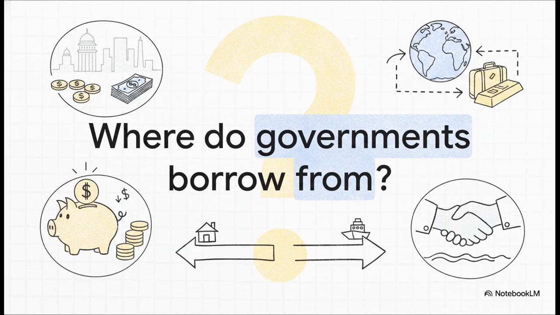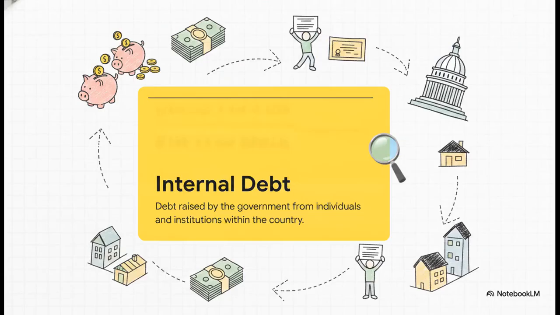Okay, so imagine your government urgently needs cash for, say, a massive new infrastructure project. They can't just print money out of thin air without facing some serious consequences, right? So they need a loan. And this sets up a pretty simple binary choice. They can either look inward, entirely within their own borders, or they can cross international lines and look outward. And let me tell you, the balance they strike between these two paths defines their public debt and has absolutely massive consequences for the domestic economy. So let's crack open that first wallet.